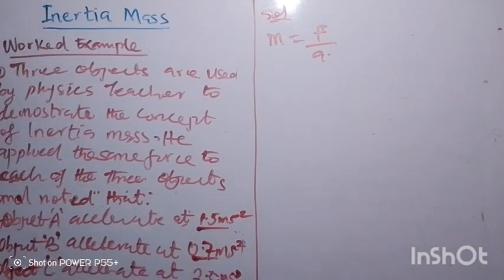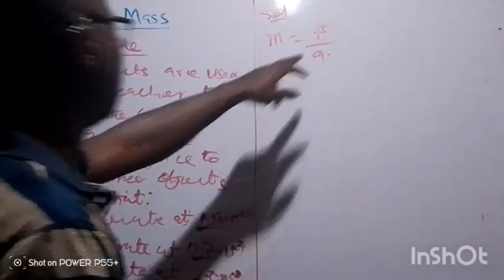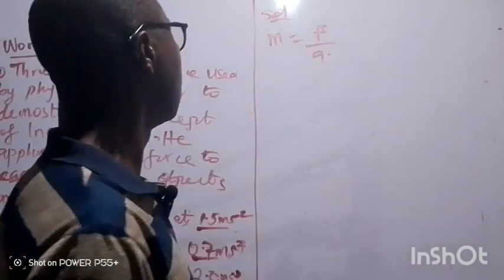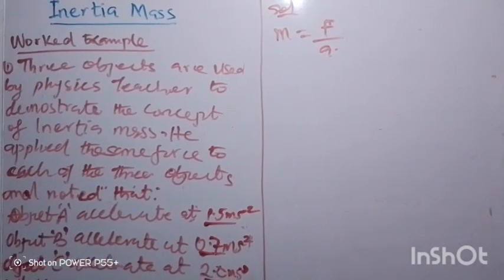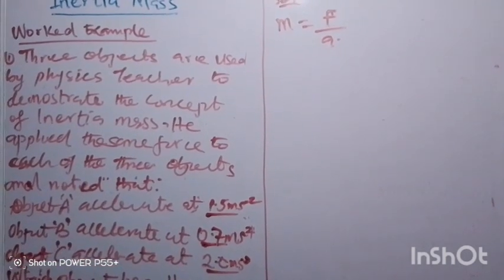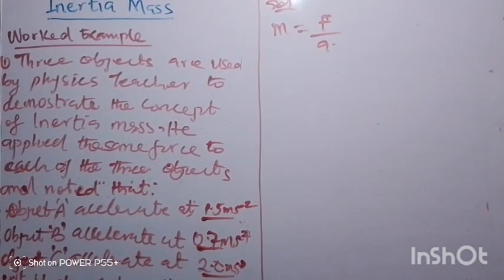The force is constant, that is, m is inversely proportional to acceleration. Now, let's compare the accelerations. The object with the largest inertial mass, according to this formula, has the least acceleration. Therefore, object B